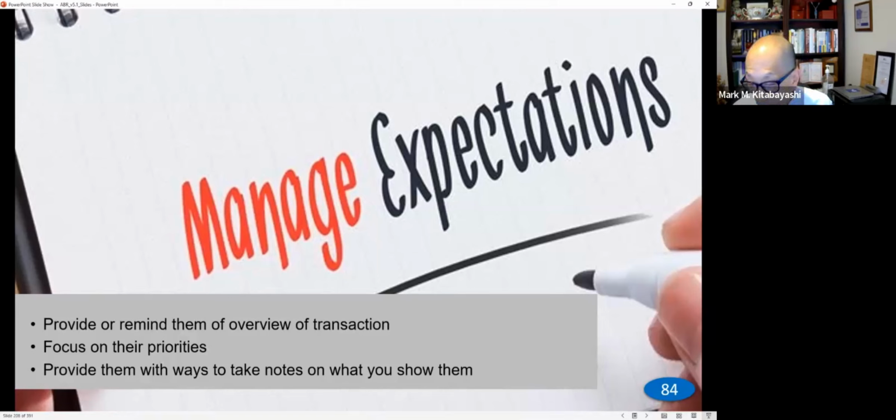Provide them with ways to take notes on what you show them. You want to make sure the buyer really understands what you're showing, so you don't have to keep going back. And in the United States right now, it's a very fast-paced market. What that means is that sometimes a buyer has to make a decision by visiting the house only one time,